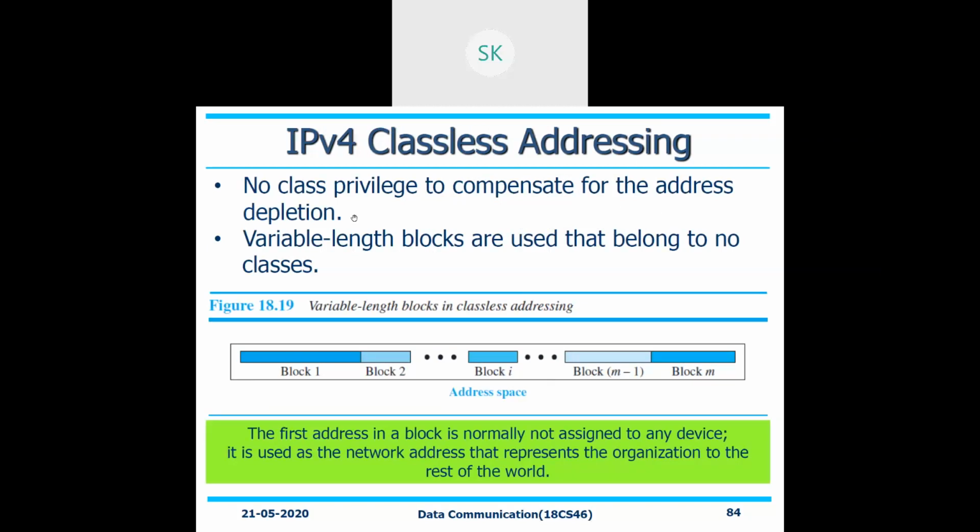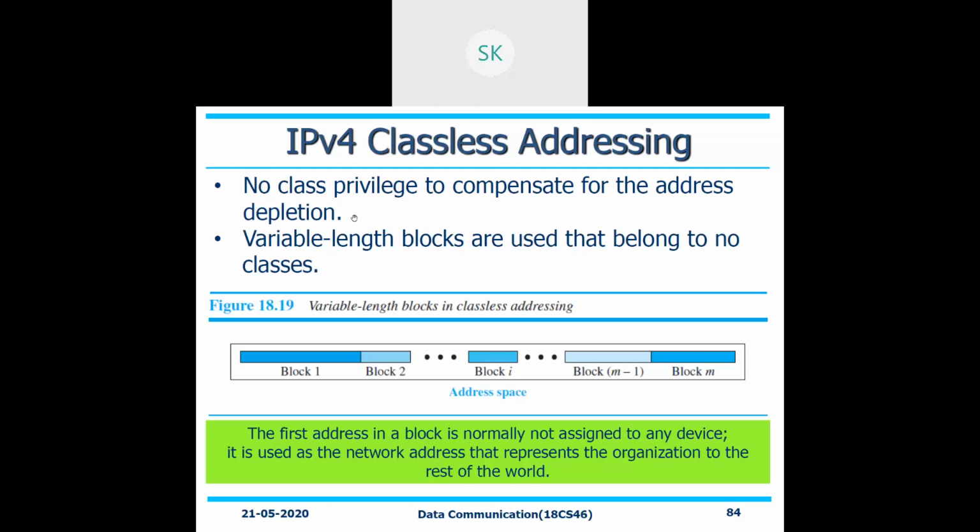That is nothing but, in order to find out a particular address, if we reserve so many addresses that will be unused ones, then it's of no use. Instead of it, whoever has requested how much they want, depending on that, I'll just assign it. That should be assigned dynamically. You cannot reserve it for your further usage. So that is a major drawback that we had with respect to classful addressing. Classful will be fixed.